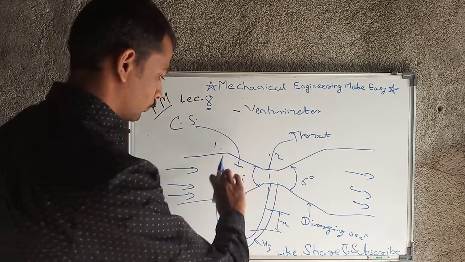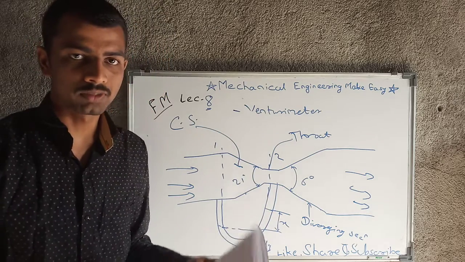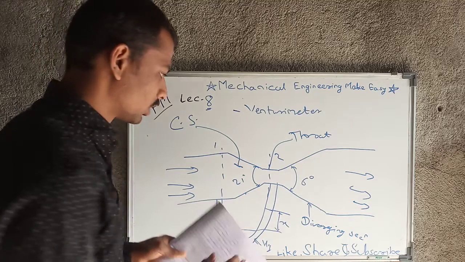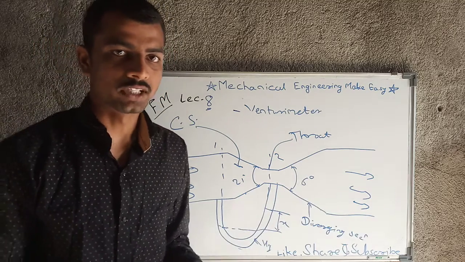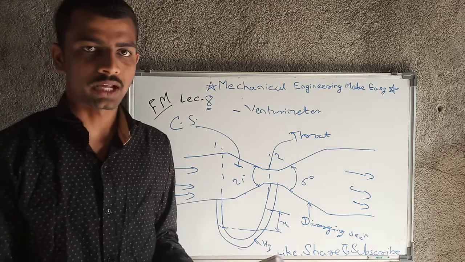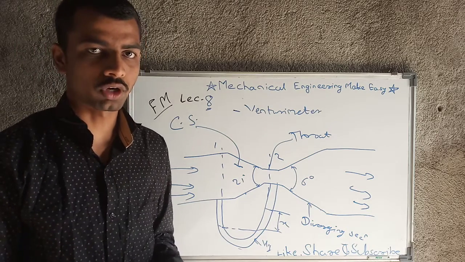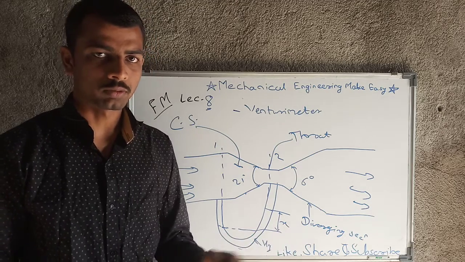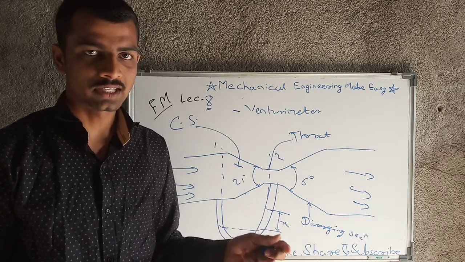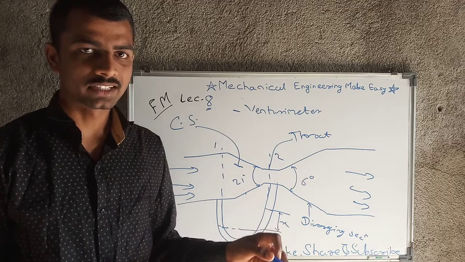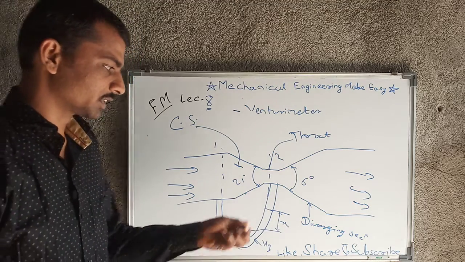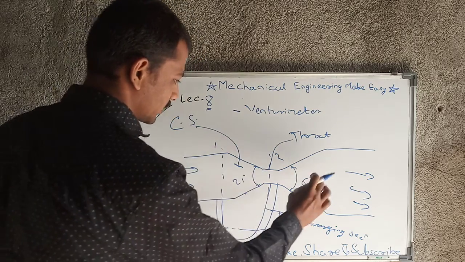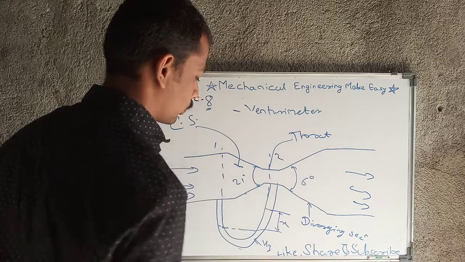Because for the converging section there is no problem, we can contract the fluid in the smallest possible distance. But for expanding fluid, if we increase that angle, then what will happen? The flow separation will occur from the boundary. So if flow separation occurs from the boundary, then losses increase and the fluid will get turbulent nature, and losses increase, cavitation and etc. All these phenomena occur there. So that's why this angle is higher and this angle is smaller.